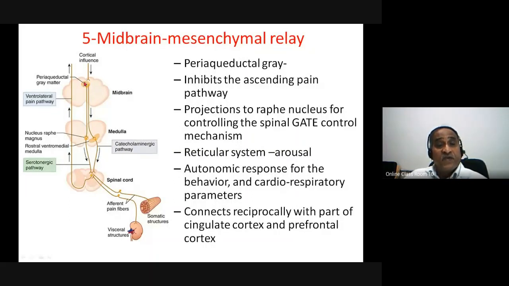In addition, they would activate the projections to the nucleus raphe magnus in the medulla, and they will activate the raphe nucleus. And once these raphe nuclei are activated, they will send descending projections. These descending projections are serotonergic projections. These are raphespinal or bulbospinal projections. They are serotonin containing, and they will try to suppress the pain or the gate of the pain. The second is this will activate